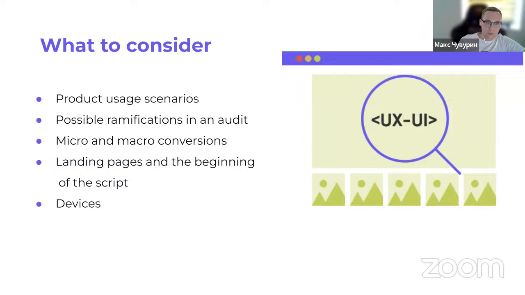For a regular customer, the landing will be on the homepage. If it is a new customer, they can go straight from organic traffic to the product list or a specific product card, not from the homepage. That could be a different flow, and that will cut their journey, yet the customer may have difficulties with further navigation. So you have to keep in mind these differences in the navigation of the user.